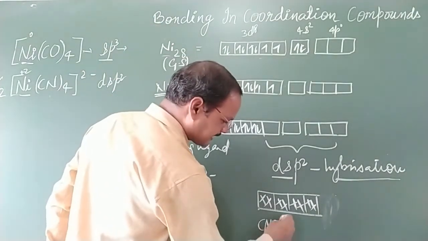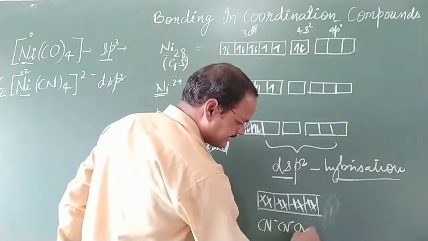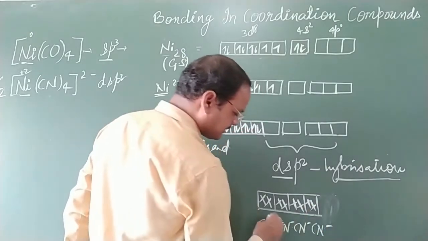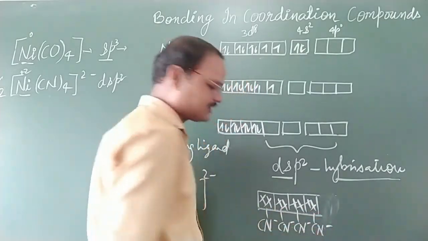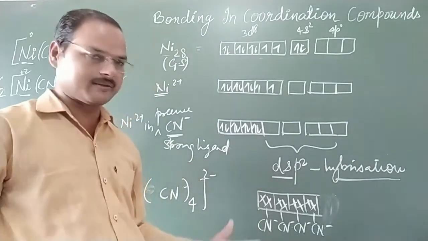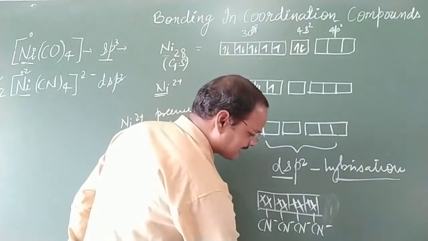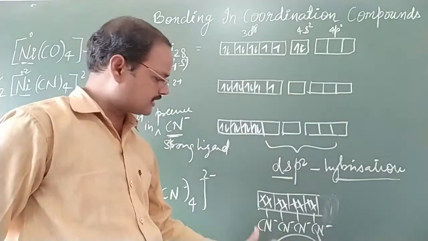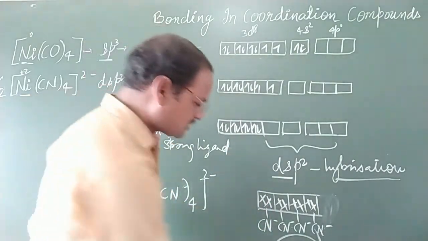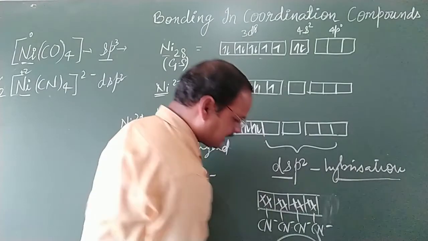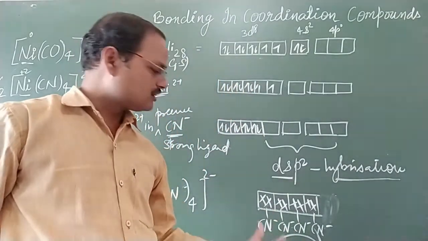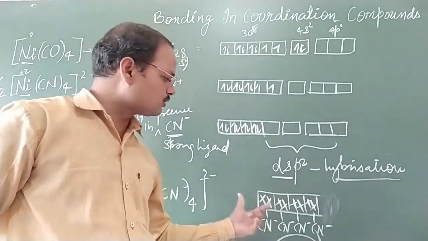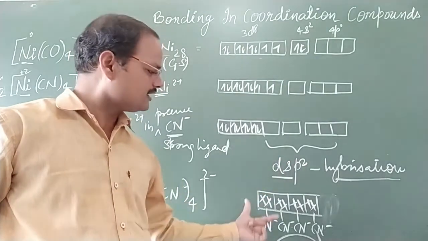Here CN negative, CN negative, CN negative, and the fourth one is also negative, and bonding can be shown with this type of structure. There are 4 CN, each providing one pair of electrons, so 4 pairs of electrons to the empty